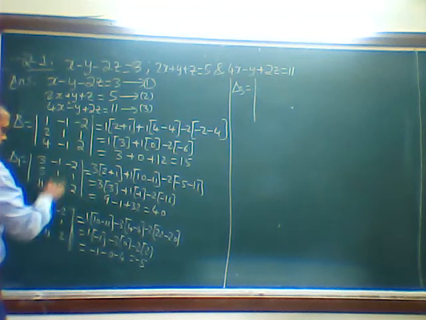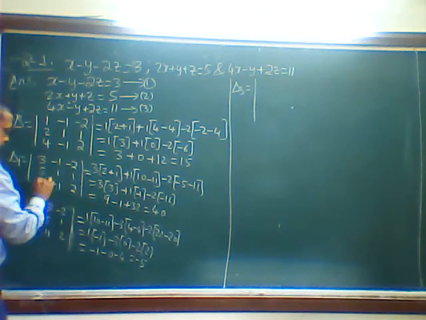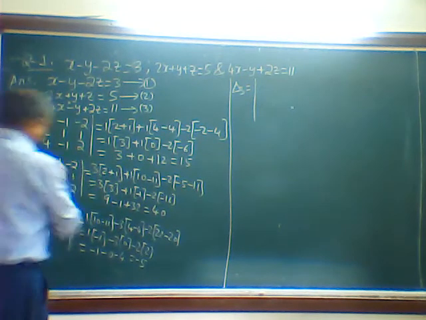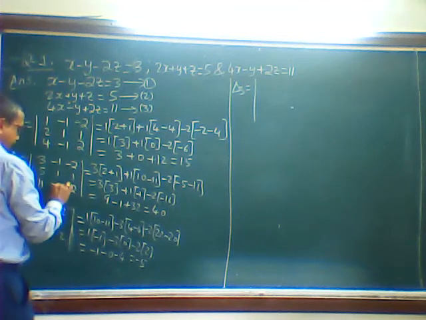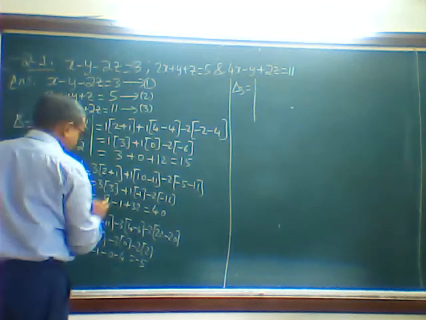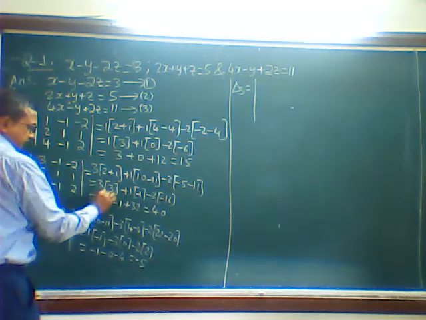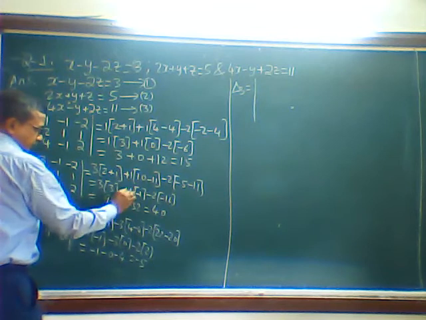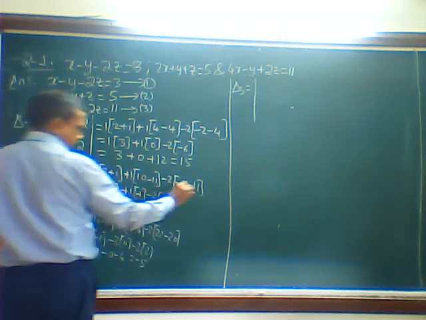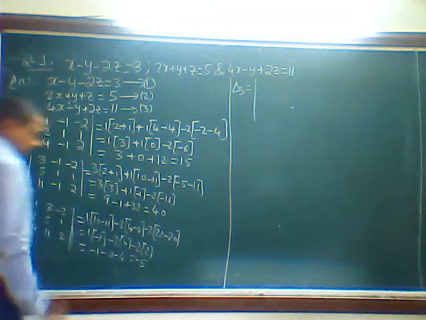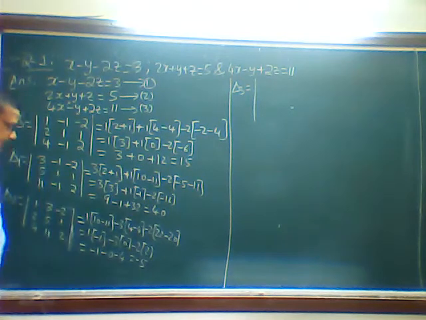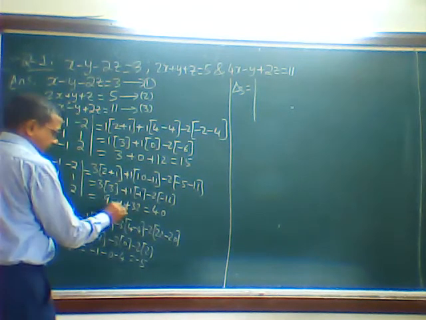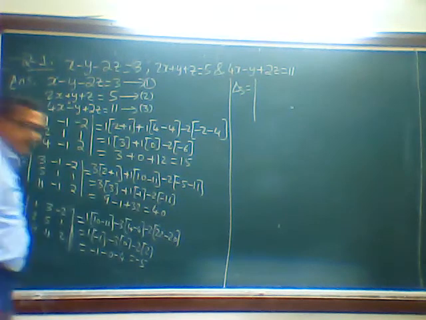First row, second column is deleted. 5 into 2 is 10. Minus 11 here. And here plus into minus is minus 2. First row, last column. 5 into 1 is minus 5, into 1 is minus 1, is minus 5. 11. Then 3 into 3. 2 plus 1 is 3. 1 into minus 1. Minus 2 into minus 16. Then 3 3s are 9. Minus 1 plus 32. That is 9 minus 1 is 8. 8 plus 32 is 40.